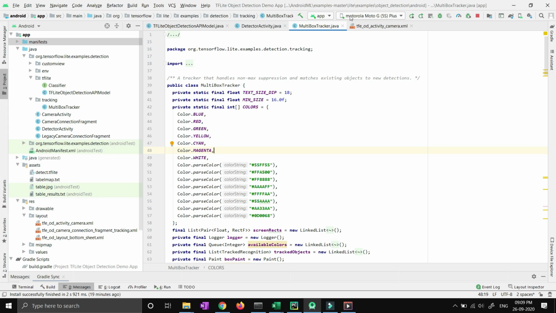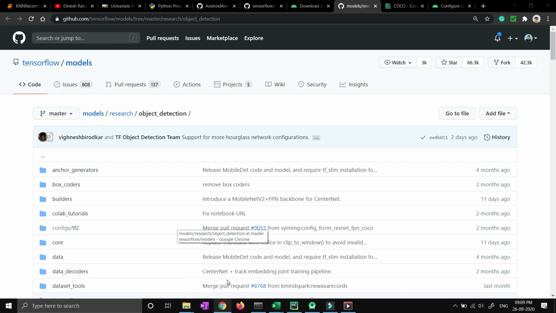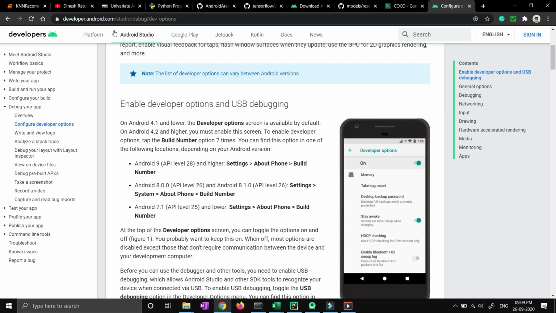And then you will be able to see the no devices option over here. So you can see Motorola Moto G5 Plus is showing in this option. How am I able to do that? First of all, just connect your laptop with USB to your mobile, right? And just follow this particular URL. I'll paste the link. While developing an Android application, you have to be a developer on your phone, right? So you have to enable the developer option.